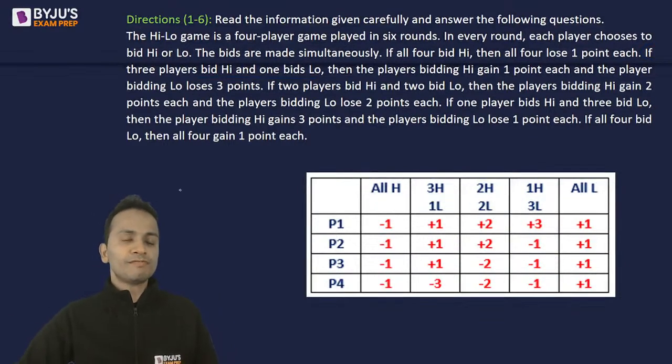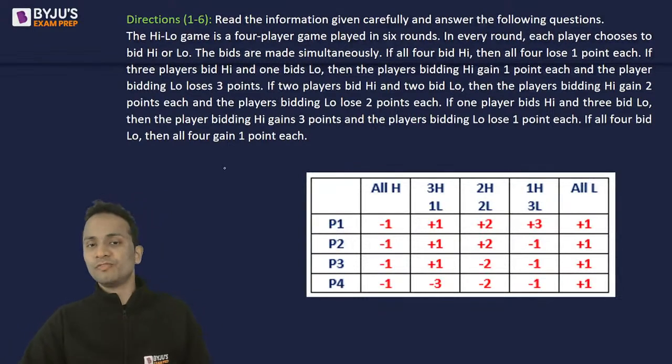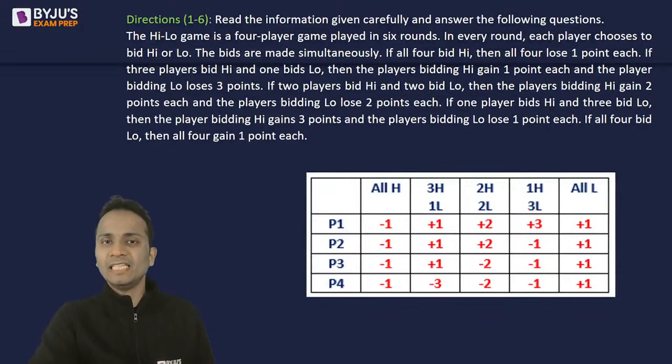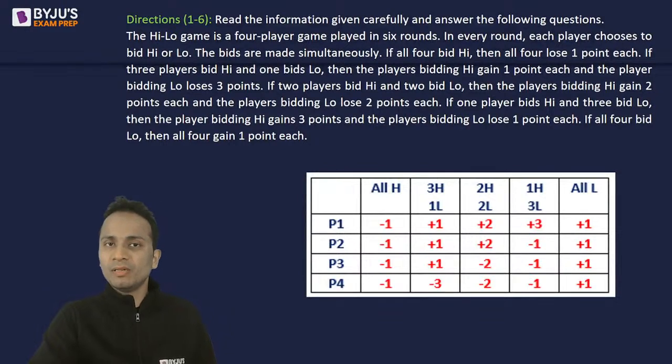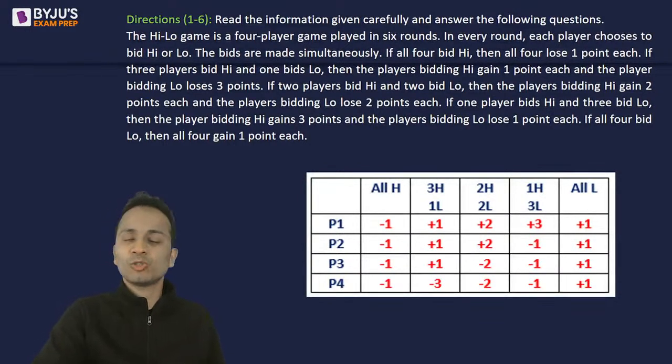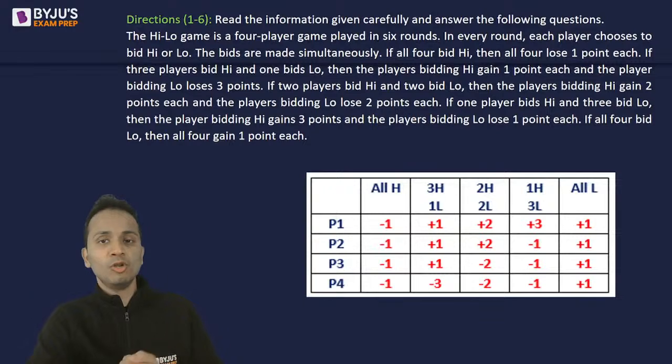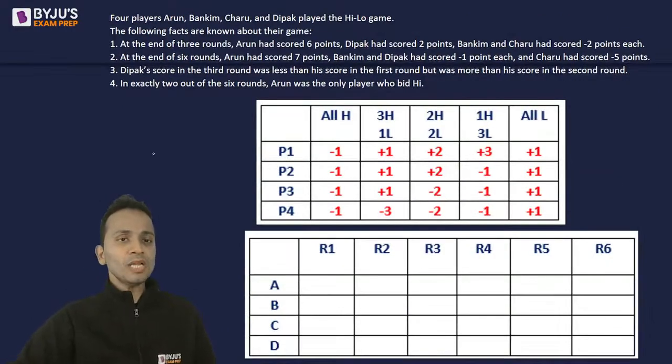Now below the first paragraph, there were 4 pointers that will help us in identifying the points earned by every player in each of these 6 rounds. So I'll now make a blank table for A, B, C and D for all the 6 rounds. And now let's try to fill that table based on the extra information that was given in the 4 pointers below this first paragraph. Okay. So at the top of the screen, you can see these 4 pointers. Okay. So these are the 4 pointers.